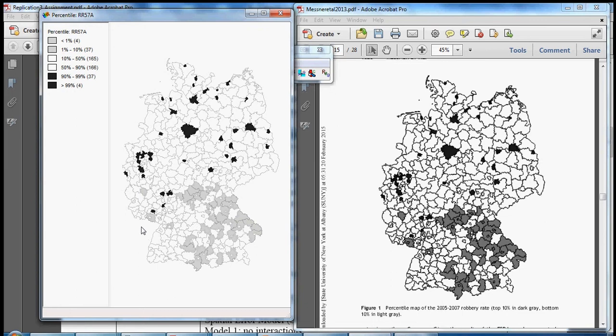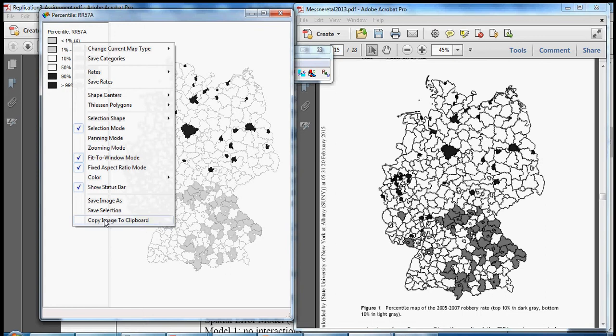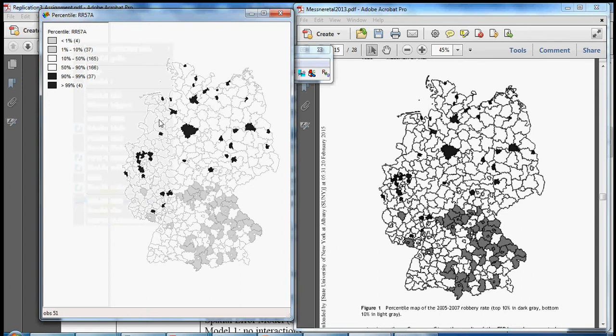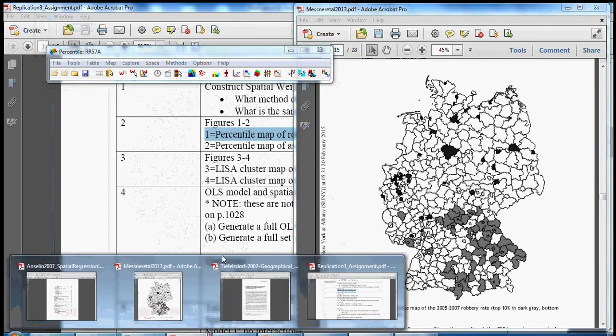So again, just to remind you, you could right-click on this figure and copy and paste this image into another document, or save the image, export it, and import it into another document if you needed it. For presentations, you might want the color map, but for articles and other submissions, you might want to have both on hand just in case the journal does not do color figures. So let's minimize this and go back to our replication